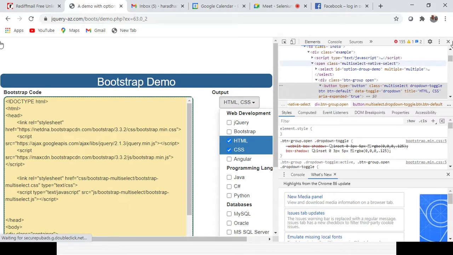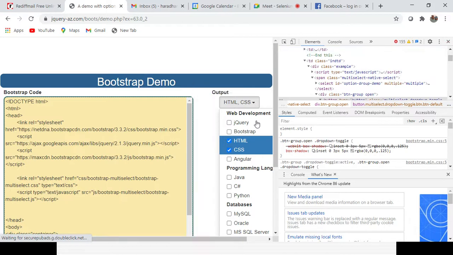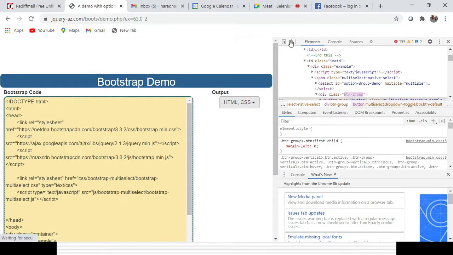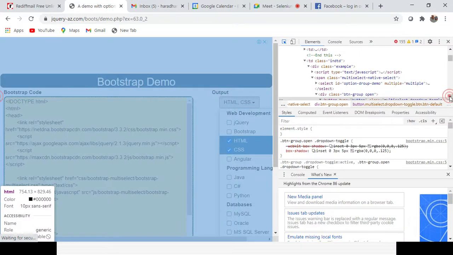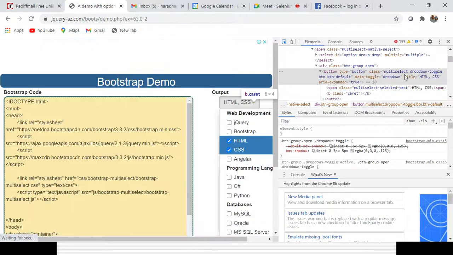Yes, one second. Let's close the option first. Let's identify the element. Yeah, button and class is multi select.